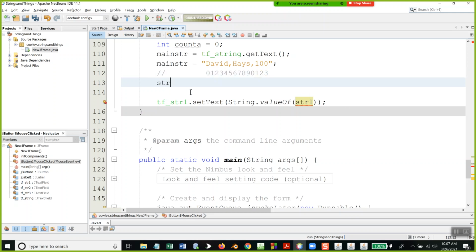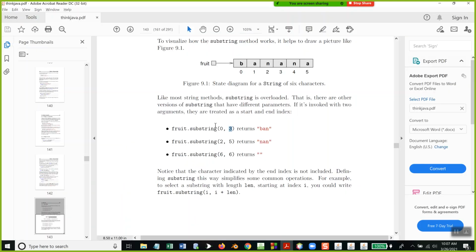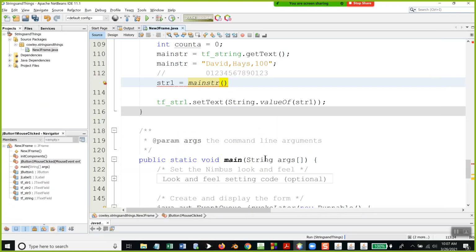If I want to do string 1 is going to be my first name. So this is going to be main string. Now again, the first position is where we're starting, and this is 1 greater. Dot substring